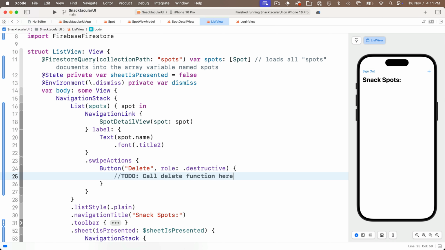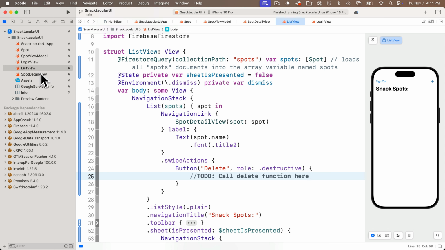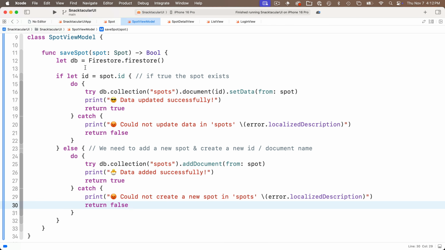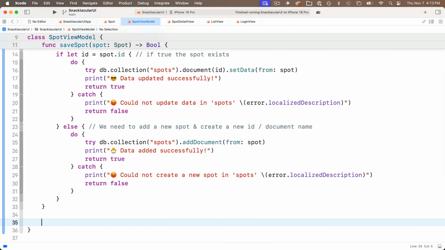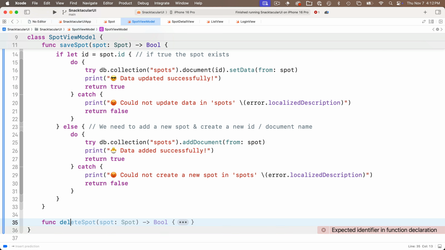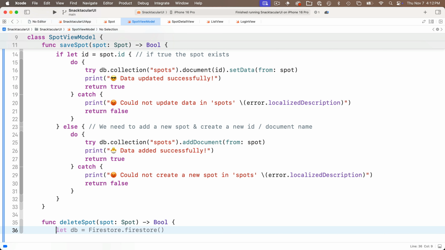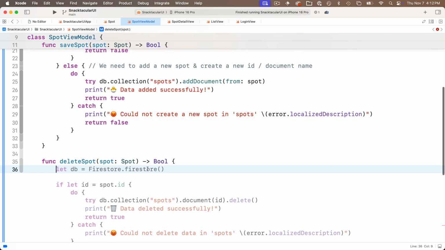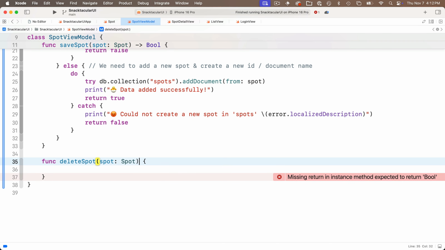Now let's write that delete function in our view model. Let's head to SpotViewModel, and we'll scroll to the end, and we'll enter this function just before the closing curly. And we'll say func, call this deleteSpot, lower camel case, and we see that Xcode wants to recommend a lot of code for us. I don't even want to return a value with this function. We'll handle any error messages inside the function. So I'm just going to pass in spot, colon, which is of type Spot,